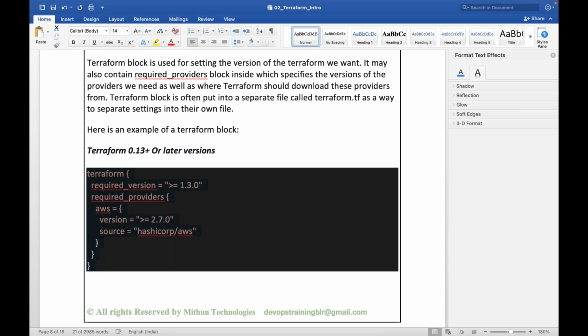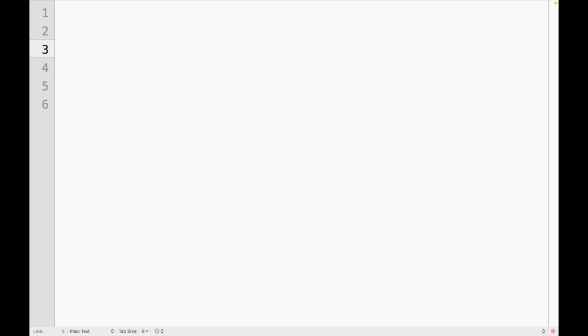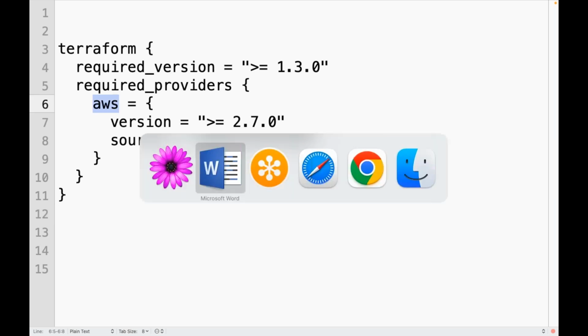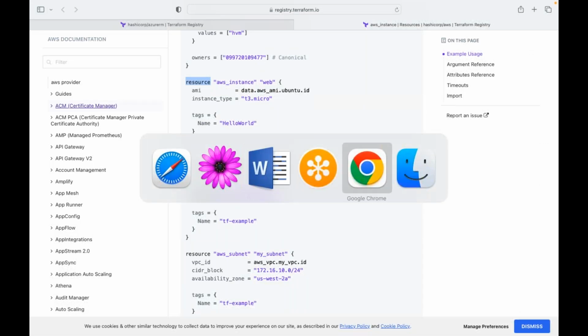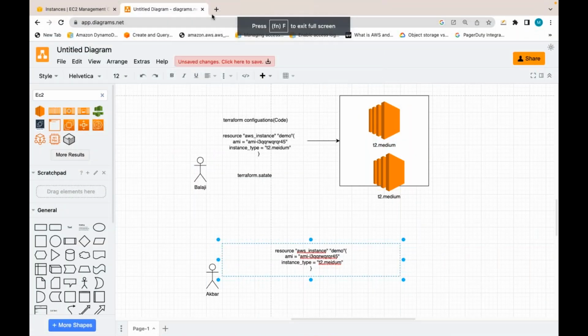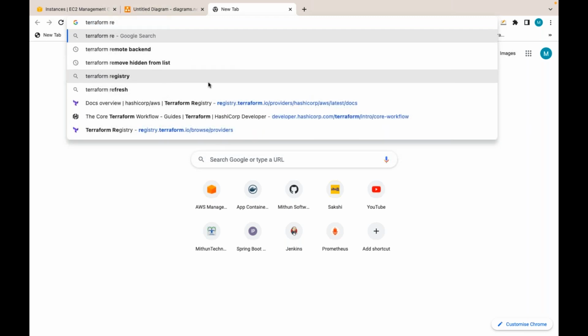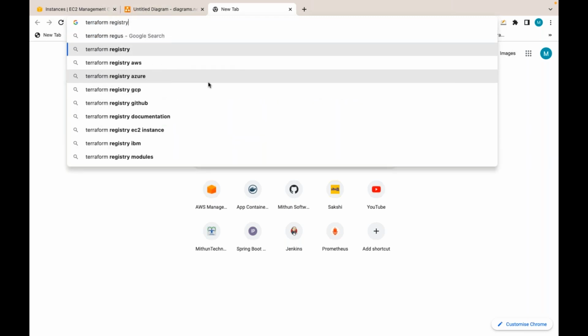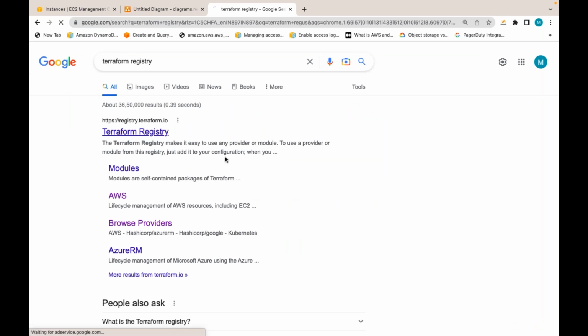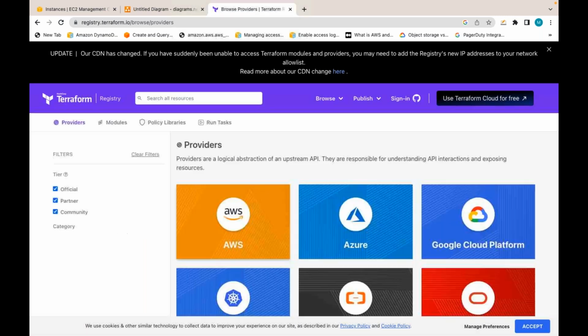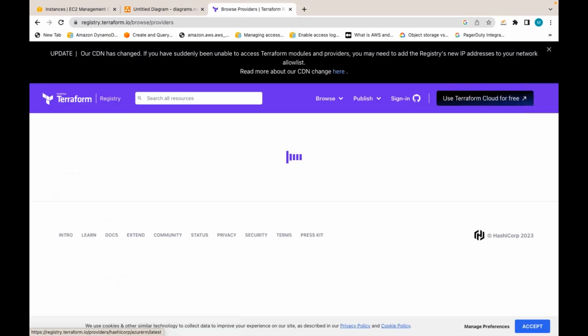Now coming to your point, suppose I want to manage resources in AWS. I can use something like this. Suppose I want to manage resources in Azure. Can I use the Azure provider? Terraform registry has various providers. I can browse the providers.